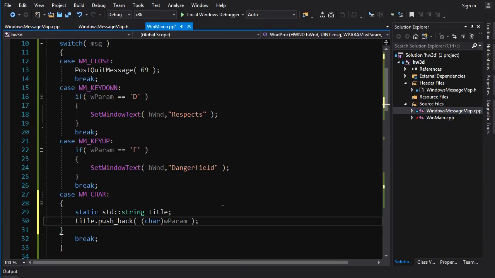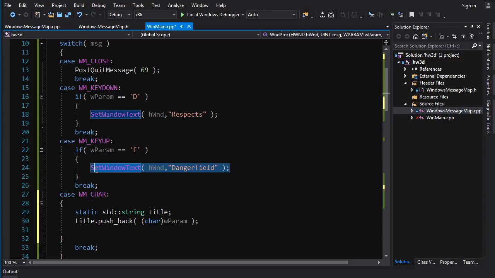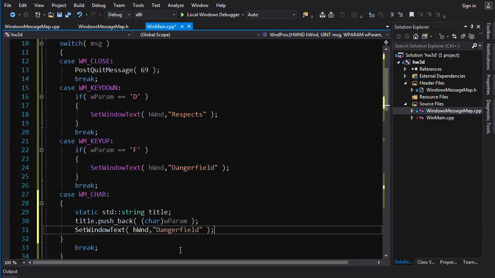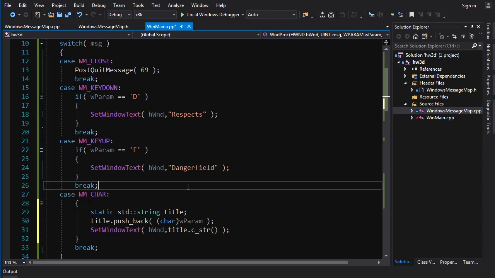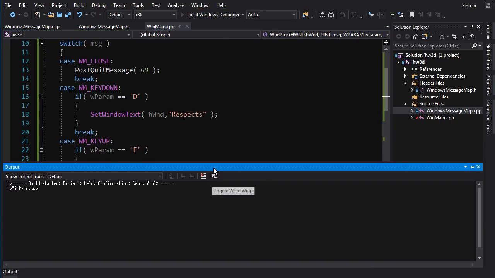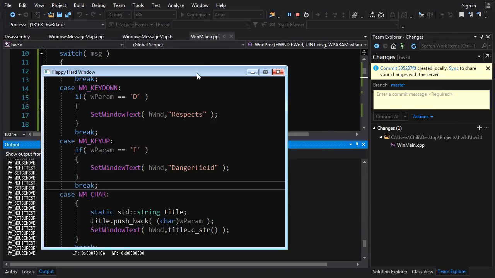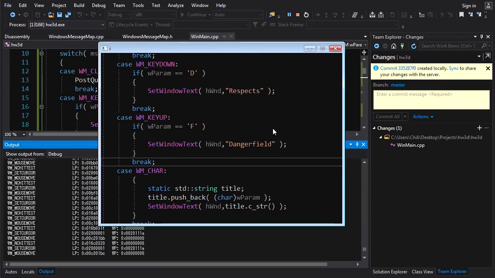And that should work, okay. And then what we're going to do is set the window text to whatever is in our title, .c_str(). Beautiful. All right. I don't like this. I like that better. Good. So if we run this, we should expect that when we're typing, we can actually build up a window title here. So let's take